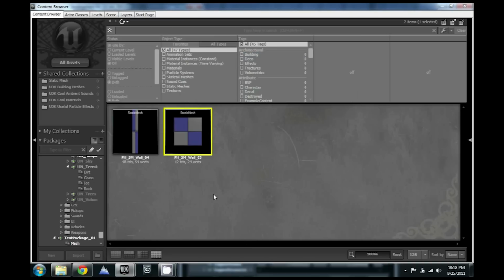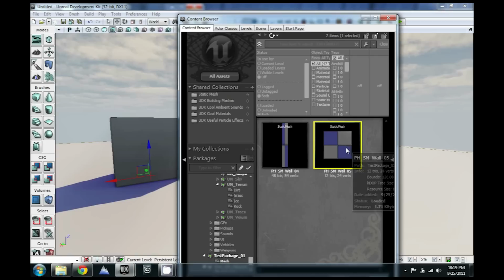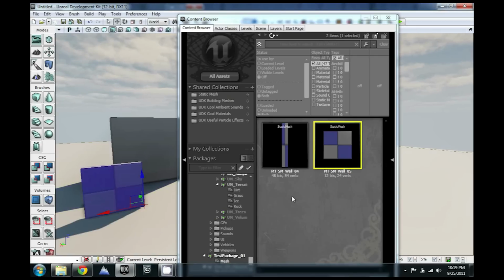Now it's saved and we're ready to go. And you also notice the little asterisk is gone here. If you ever see a little asterisk on the very end of the name, that always means it's not saved and you need to save that package. So anyway, we're here. I'll go ahead and keep it highlighted, minimize it, and we'll drag one out here on